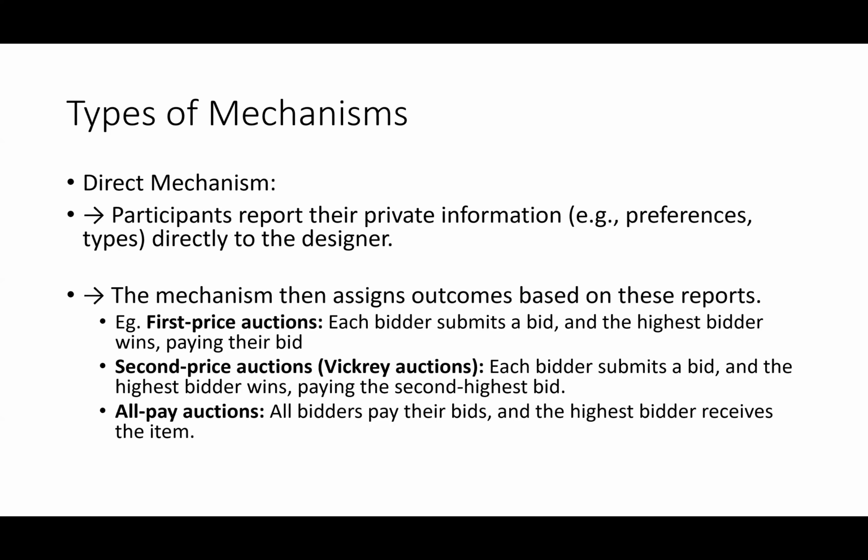However, the person who bid the highest wins, but pays the second highest bid. So in this case, Grace is going to pay 1,000 for the phone instead of the 15,000 that she mentioned. Because Grace is paying the 1,000 instead of the 15,000, we call that the second price auction. She's the one who mentioned the highest, which is 15,000, but we make her pay the second highest bid.